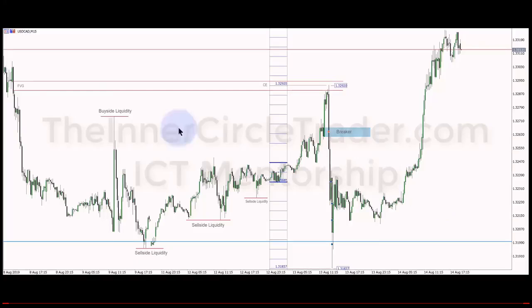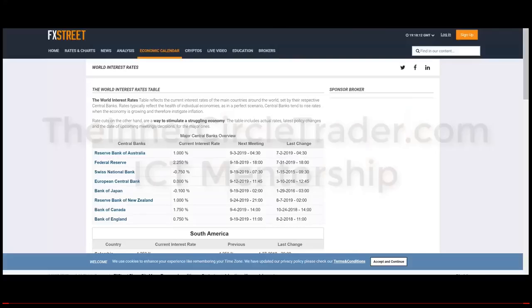So we have a fair value gap here on the dollar CAD. Now think about what I said relative to the interest rate market. What was the interest rate differential between the two currencies here? We have Bank of Canada at 1 3/4, Federal Reserve, the U.S. market, at 2 1/4. Where are the market participants more likely to put their money? Where are they going to get the better yield? They're going to buy dollars and sell loonies. So they don't want the Canadian dollar.